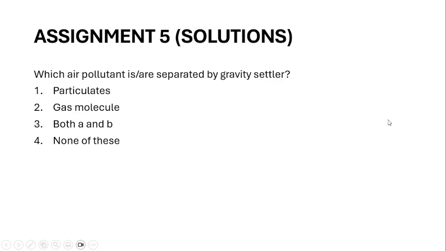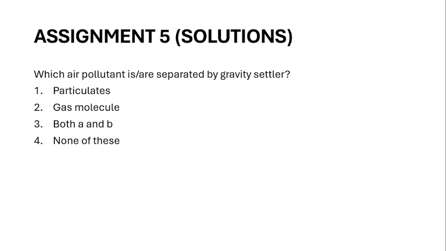So we will first discuss the previous week assignment solution, which is for week 5. And for this week, week 6 lectures overview will be given. After that, we will solve some sample questions for assignment 6 and we will solve the problems related to the week 6 lecture. So now coming to the first question from assignment 5, it is: which air pollutant is